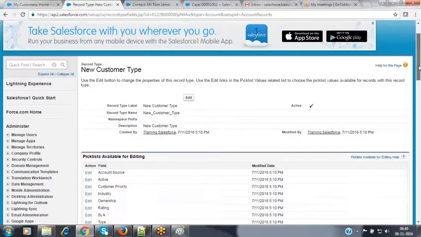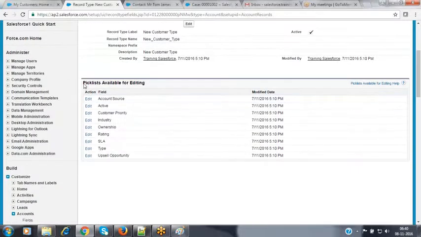Once the record type has been created, it will provide all the pick list fields to you. These are the various pick lists we have identified on the page layout. If you want to customize these pick list field values, then we can customize. Now my requirement here, when coming to my pick list fields, is to customize the pick list field values. As an organization, I am giving services to so many customers.